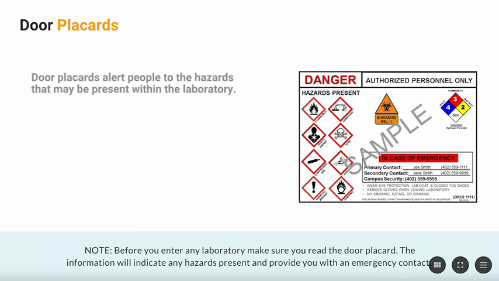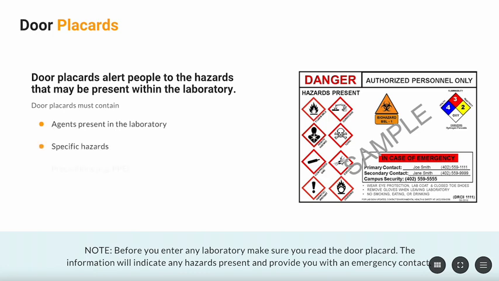Door placards are an important part of laboratory safety, as they alert people to the hazards that may be present within the laboratory. These placards must be prominently displayed on the entrance of the laboratory and must contain the following information: the agents present in the laboratory, the specific hazards associated with the agents, the precautions required to be taken before entering the laboratory, such as the use of personal protective equipment, PPE,